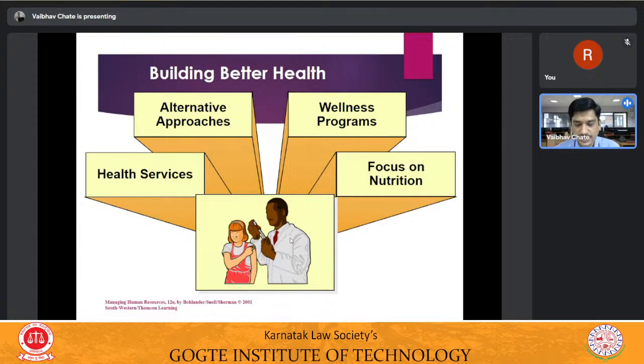Coming to unit number 4, here we'll be discussing what is called the health considerations at the workplace. So that means we are going to go for building a better health. During this particular COVID time, most of the workplaces were thinking of going for better health. Each one of the employees used to be screened for the temperature. He was made to wear the mask.